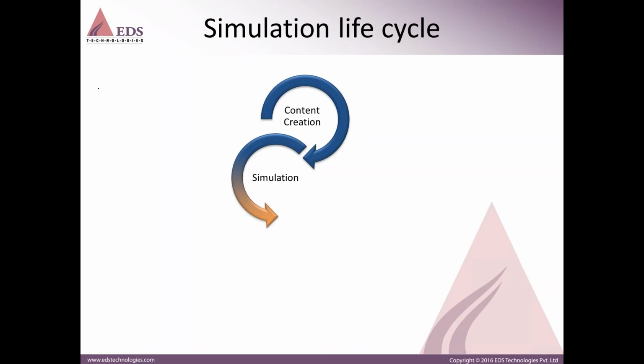Next is simulation. Simulation is an imitation of the operation of a real world process or system over time. To simulate something, first we require the model to be developed, which we have already developed through content creation. We take these models and represent them as characteristics of behavior of the selected physical or abstract system or process. Then what we have simulated, we need to visualize. For that we have visualization tools, either in 2D, 3D, or some other views.